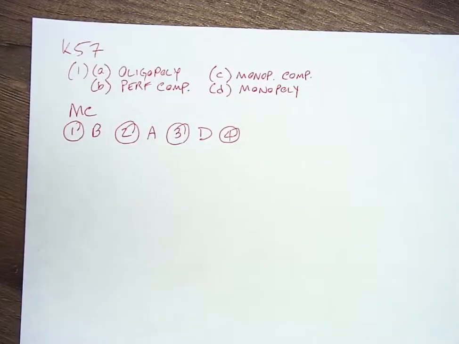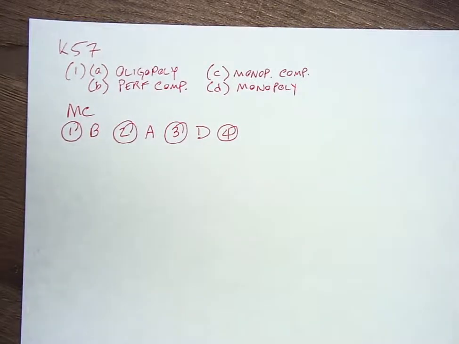Number 4, what's true for a monopolistically competitive industry? For this one, there are many firms, each with a small market share. And that's generally, we'd say, true. Statement 2, the firms in the industry produce a standardized product. That's not usually true in monopolistic competition. They differentiate, they do a little bit of advertising where they try to distinguish their products. So we'd say the second statement's not true.